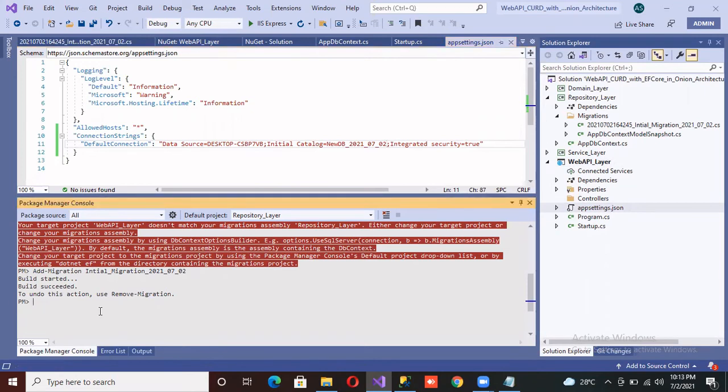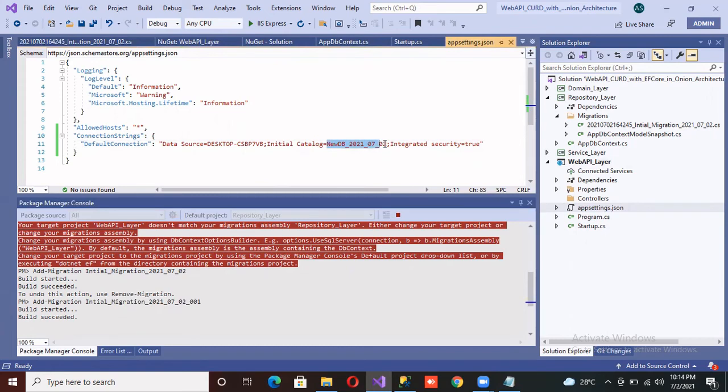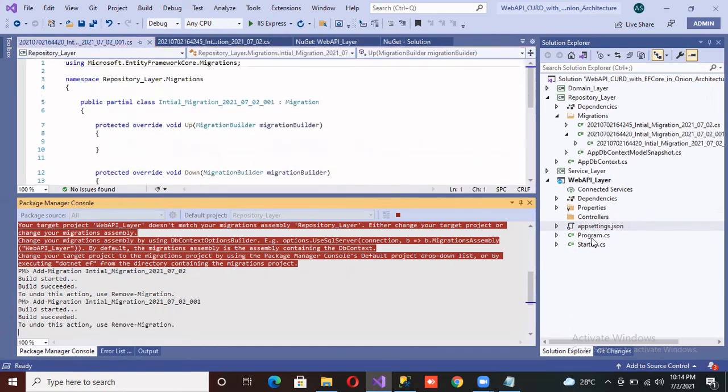I have to create. Okay, is there an update or not? Okay, I made some changes. So I'm going to create a new migration. Okay, here's the migration. Now I'll update.